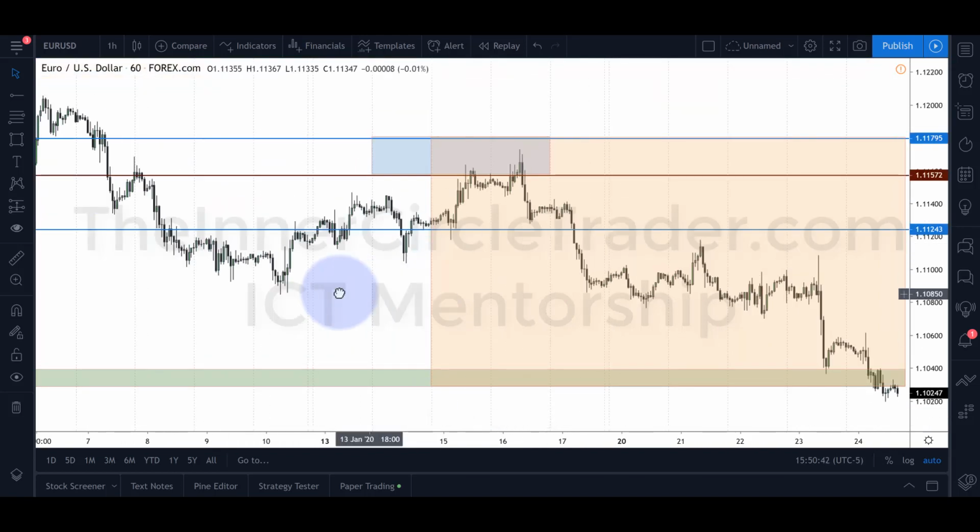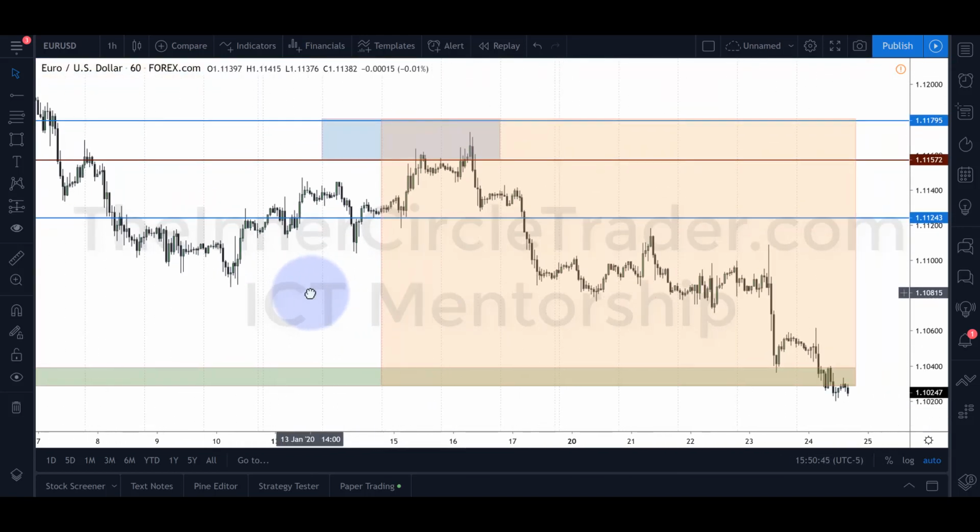So inside this shaded area, okay, we're working with intra-week order flow. Anytime you see an imbalance where it's just one single candle that trades within a specific range of price and doesn't have any overlap with the candle before it or after it, like it does here, that's a fair value gap there. We have a fair value gap here, and we have one in here. And where else do we have one? We have one right here. And well, you know about that one. That's when I called it live before it happened.